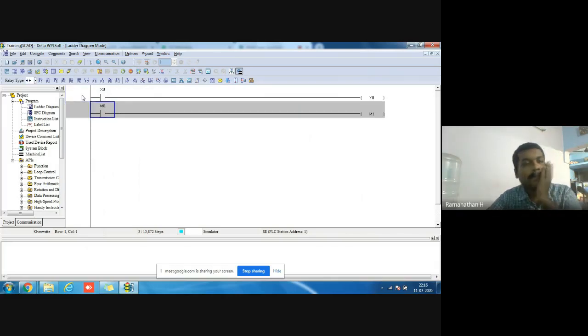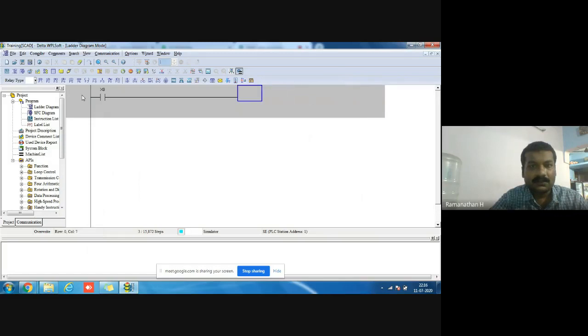Now we move on to simple logic gates. Just now, I was speaking about the digital inputs and digital outputs only. Beyond that, analog inputs and analog outputs are there, but we can't simulate them. That's the problem, because analog is not in Boolean values, zeros and ones. Only Boolean values are simulated in this simulator. So analog inputs and analog outputs we can't work with here.